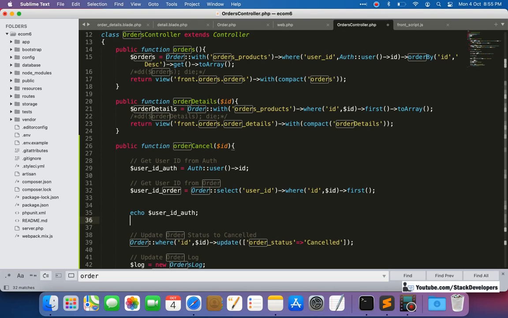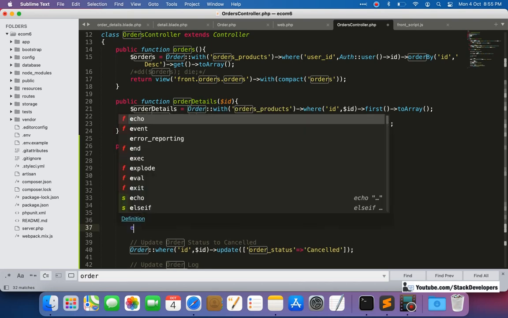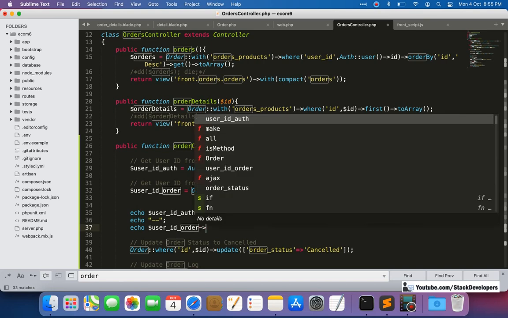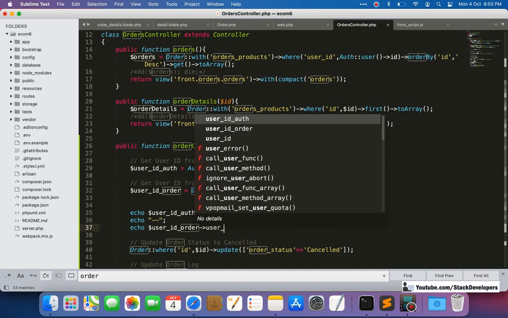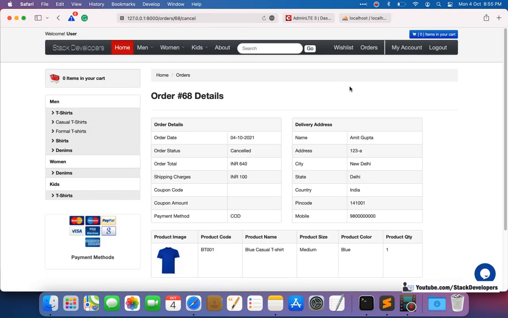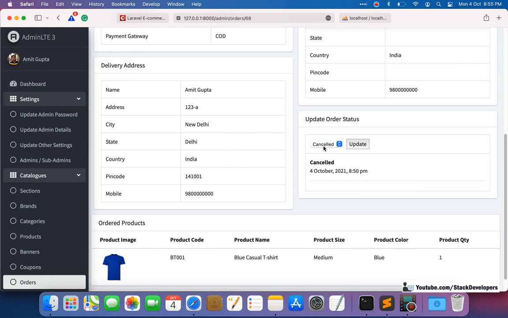One ID is this one, and another ID is $user_id_order, and this one will come in an object. Okay, so that is user ID.